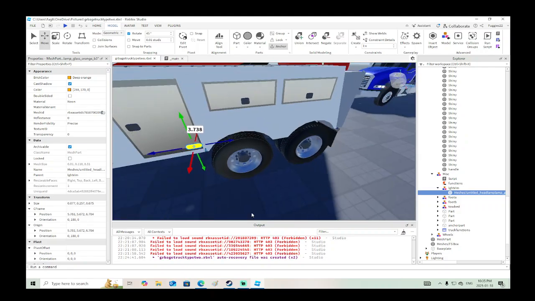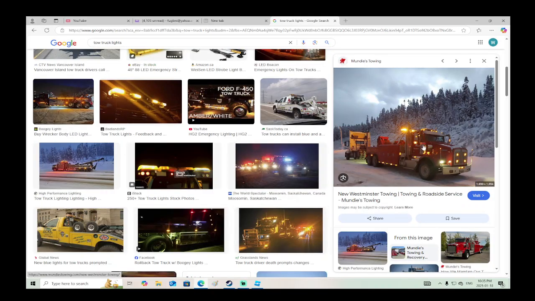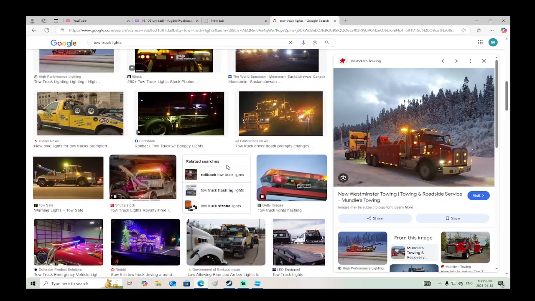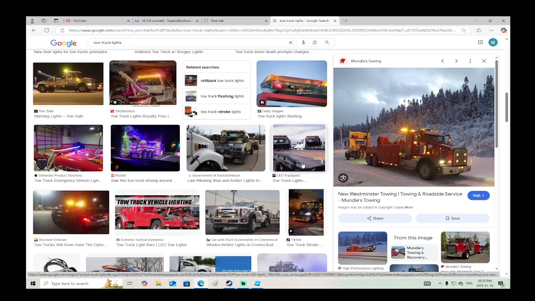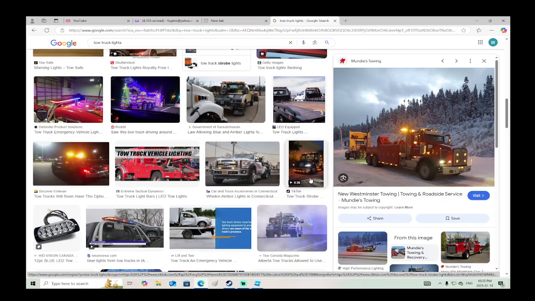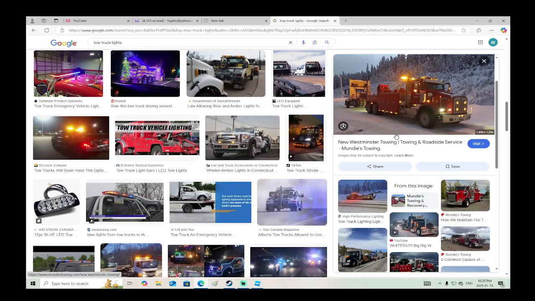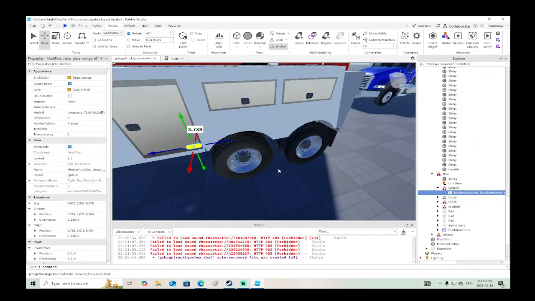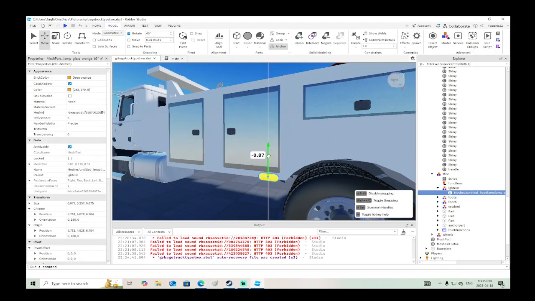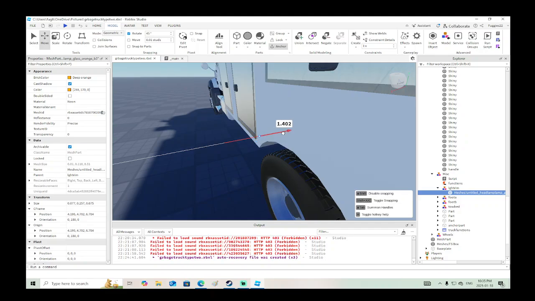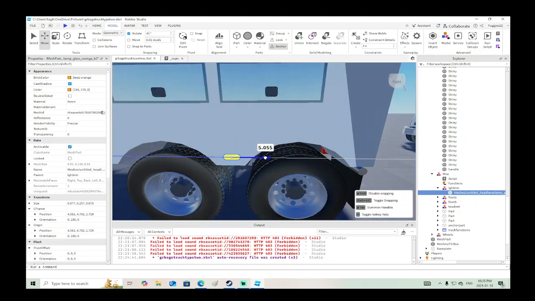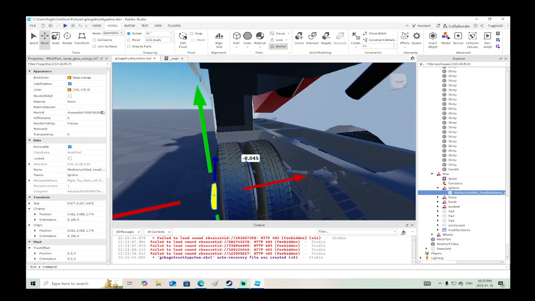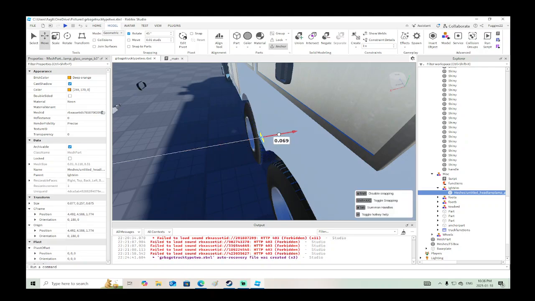Basically, I was looking at some pictures and I got this one here. There's a whole bunch. At this point in time, it's essentially up to you, the creator, where and how you want the lights on the truck. So I'm just going to do a real basic version of where the lights are going to be, and we'll go from there. And then on my own time, I'll probably go over this again a little bit, expanding on it and adding to it. That's why I'm saying I could spend a fair amount of time still going over this build. Okay, so we're going to put a light here